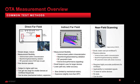This is where the next method comes in, which is near field scanning. What we would do is scan across an area instead of directing it straight towards a DUT. It's small and obviously lower cost to some extent for millimeter wave devices as well. It works for passive antennas. You could do the characterization of those using near field scanning. But of course, because it's not doing a direct transmission test or receiver test,